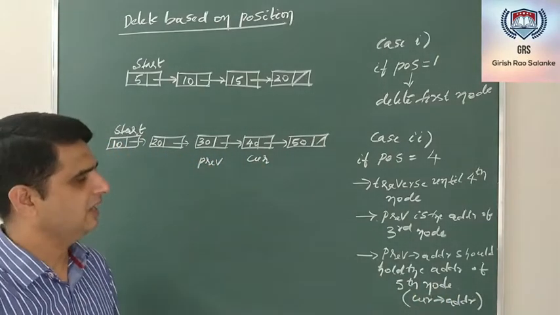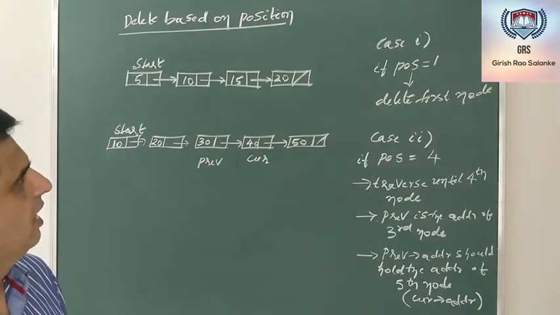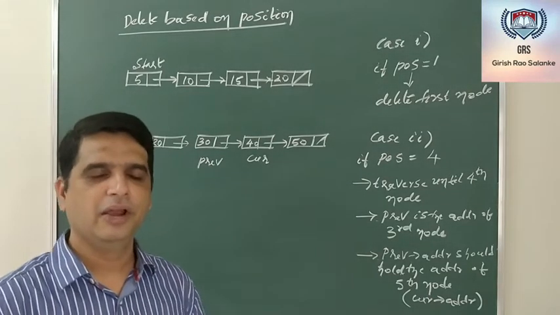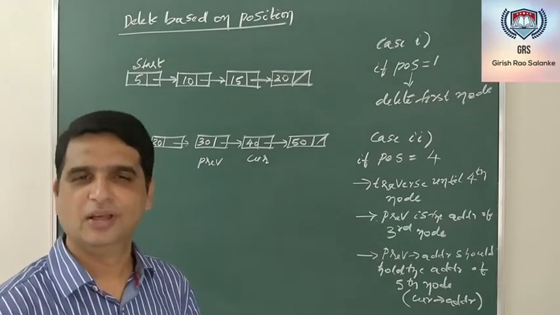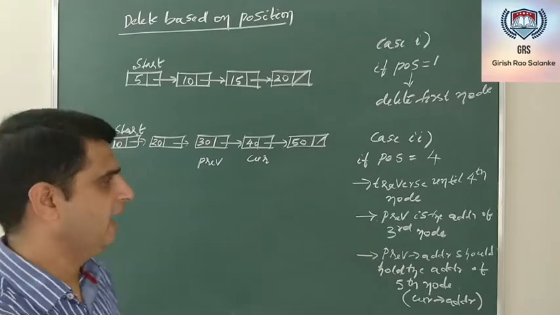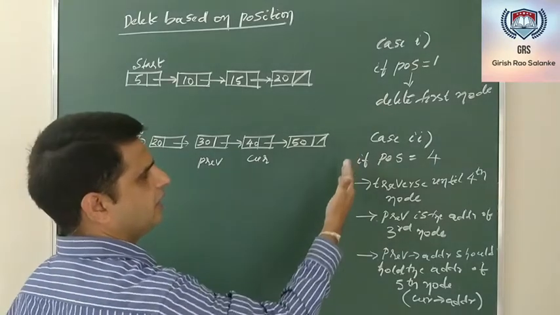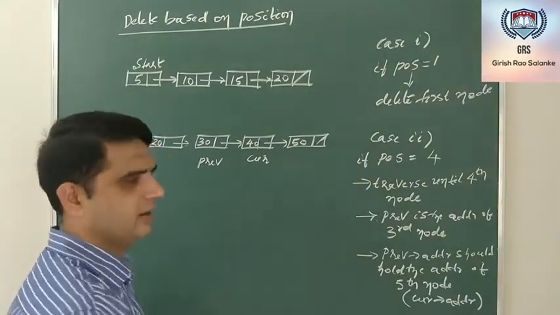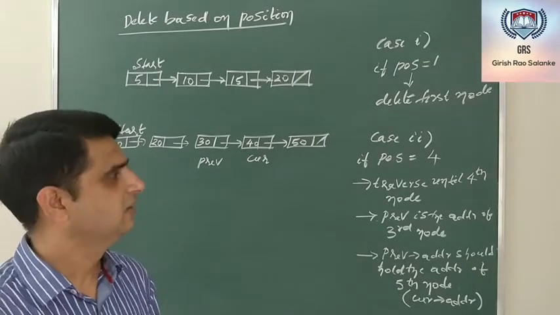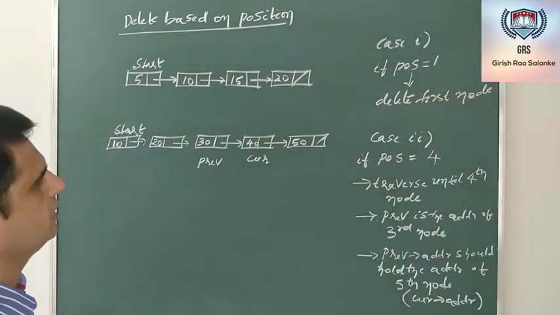Now worst case: assume that there are only 5 nodes in my linked list and I am trying to delete the 7th node or the 6th node. The 6th node is not at all there. So how can it be checked? While traversing current, if current comes across a null, then it implies that the node that we are searching for is not there in the linked list. I think with this information we can come up with a function.